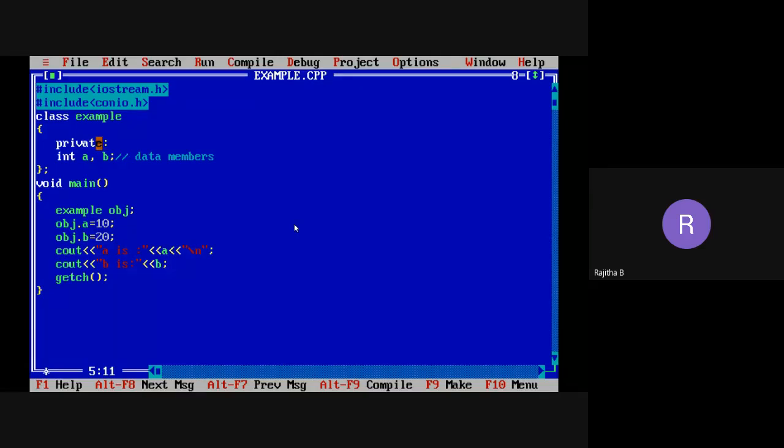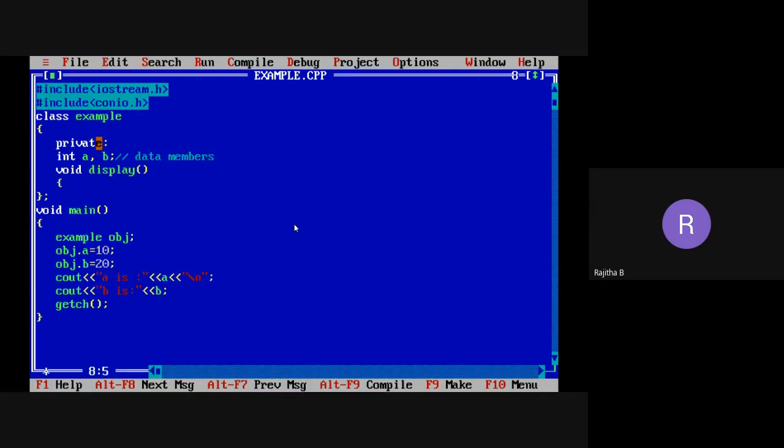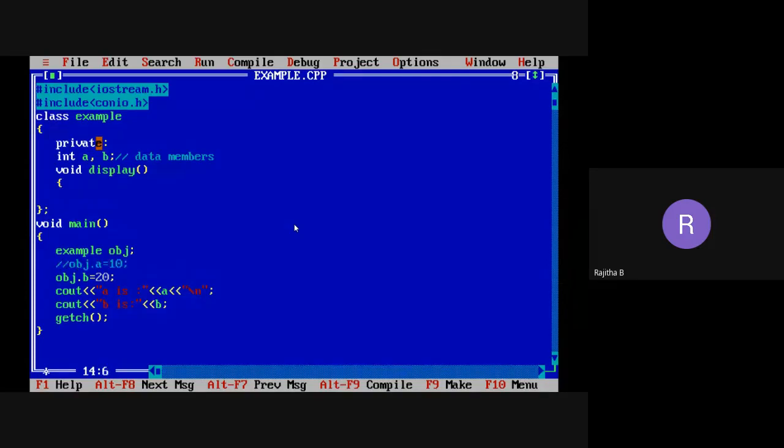But I want to display the values of a and b after assigning some values. In that case, you can take one member function. I'm taking void display here. I want to erase this one, because these are private now.